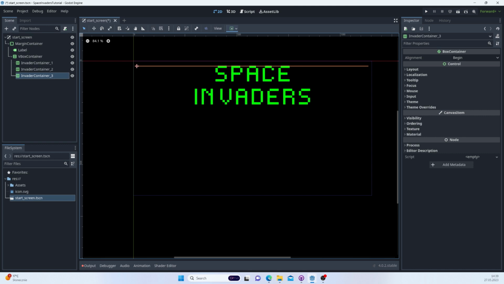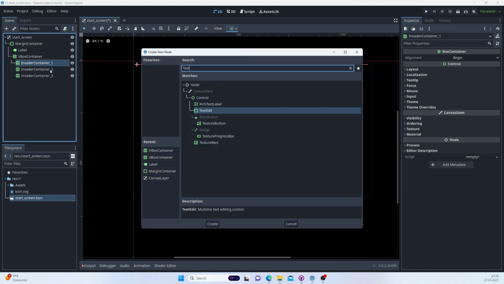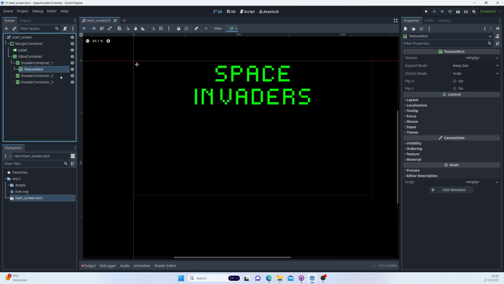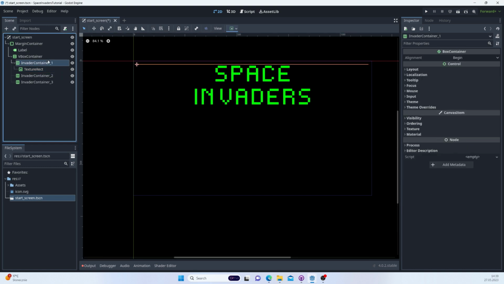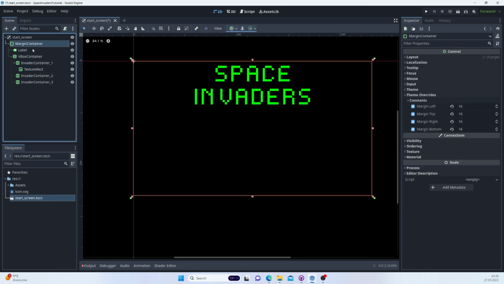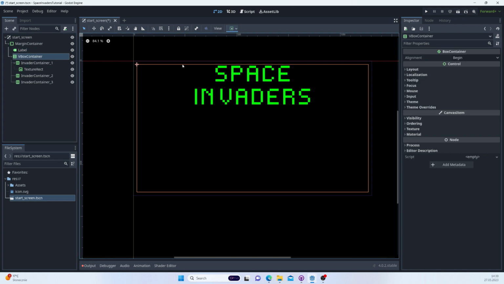Okay, and here what we're going to do is place a texture for all of them. So that's a texture rect to create an image, and we will have to,